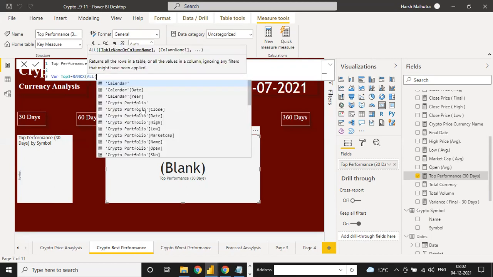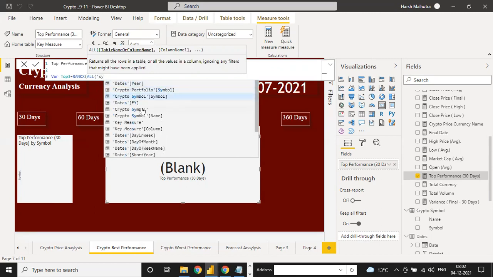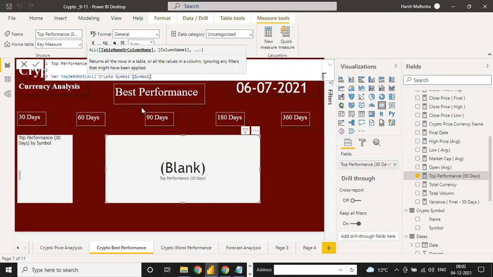We need all, and now if we put the symbol, there is the crypto symbol, crypto code symbol of. Yeah, it is correct. Add all table name, because the table name is crypto, and we have used the symbol value.